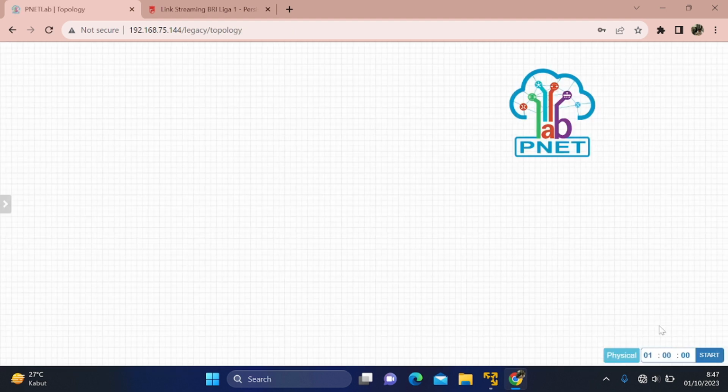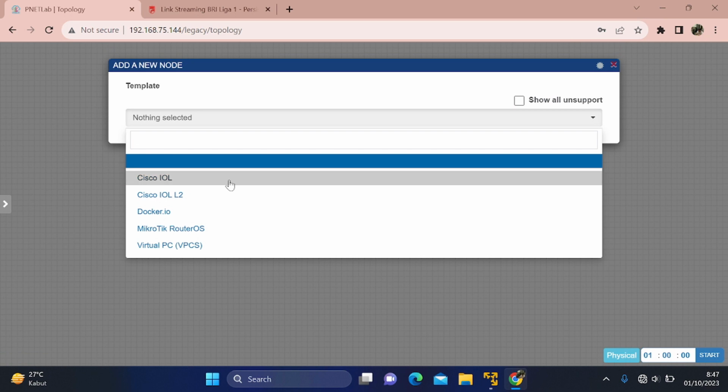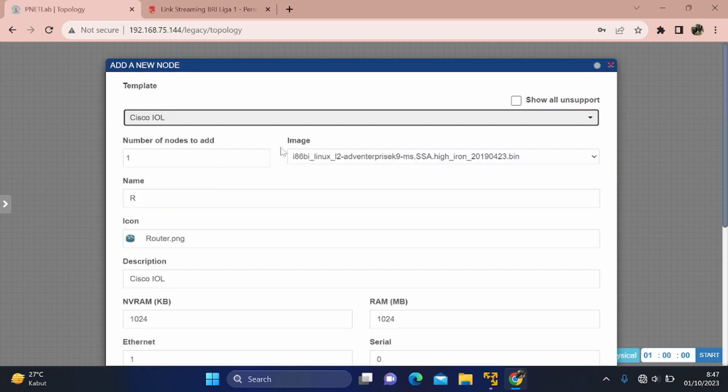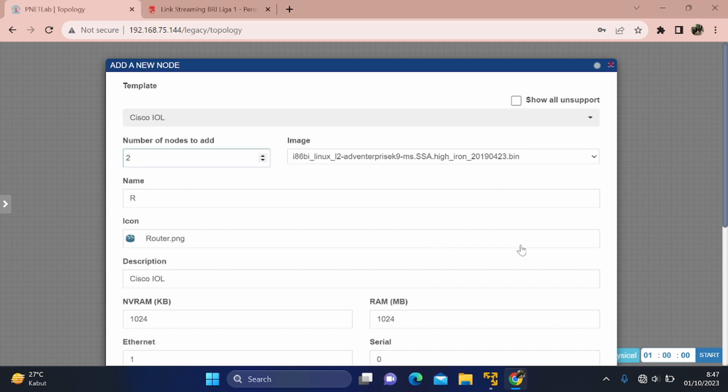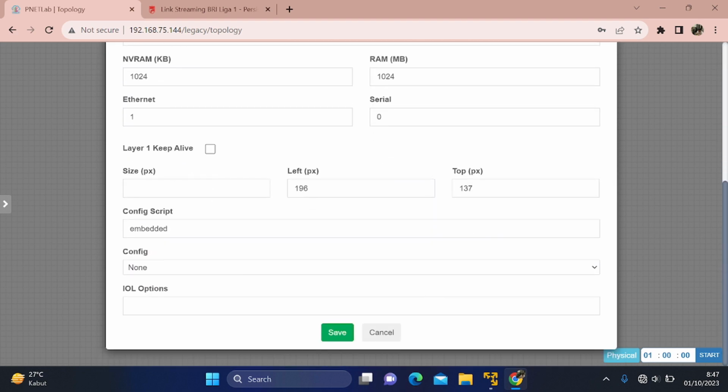And then after add the new project, you must add the router to router and then save.